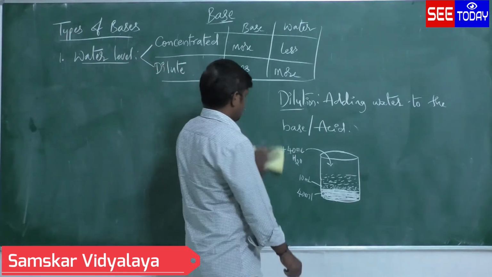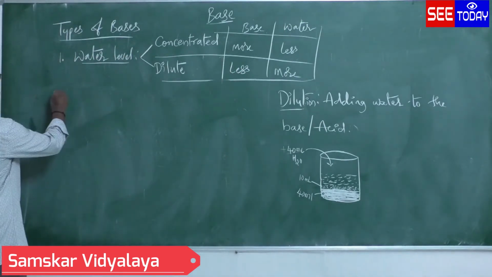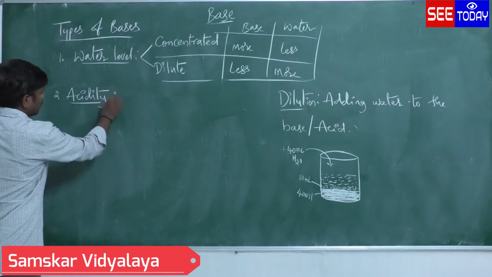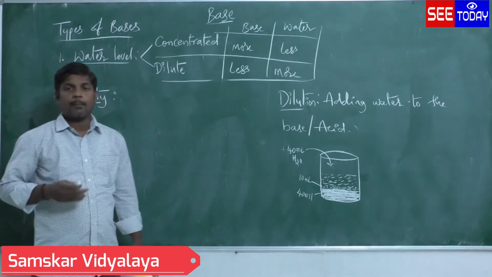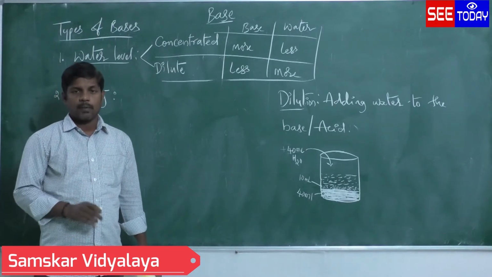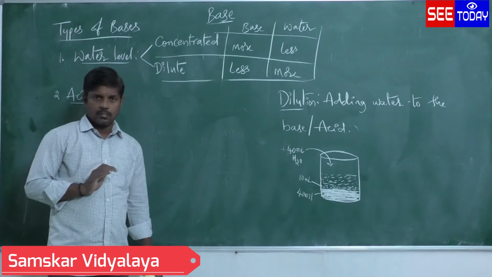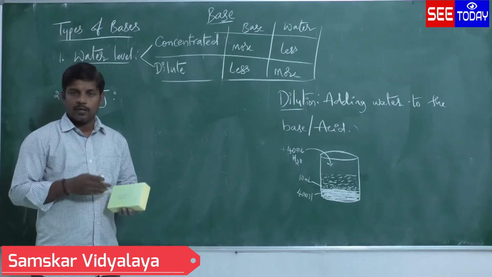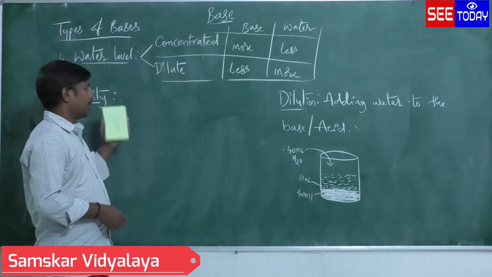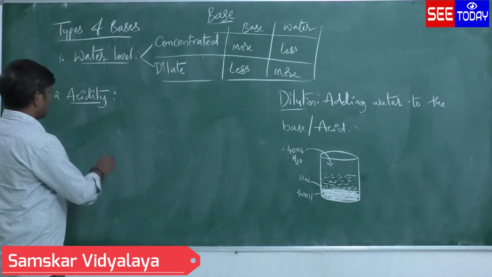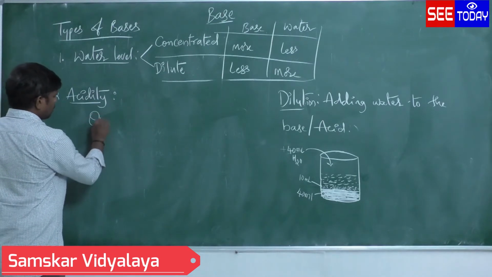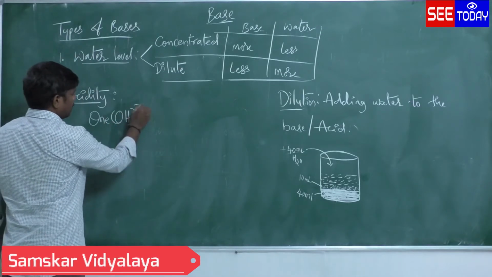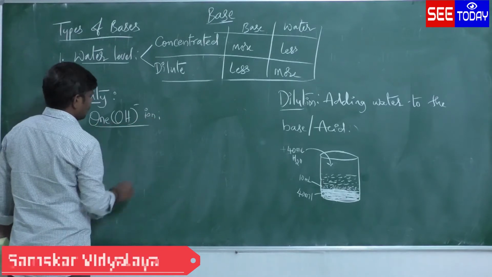Next, bases based on acidity. So what is acidity? Acidity is nothing but the capacity to release number of hydroxide ions on dissociation. On complete dissociation, how many hydroxide ions it can release, that we call as acidity, right? So if the given base is releasing only one hydroxide ion, then we'll call it as